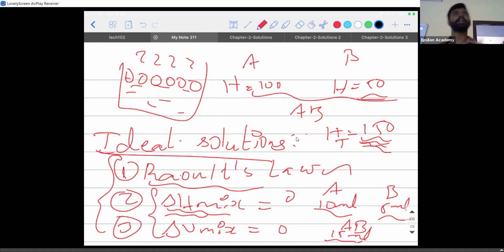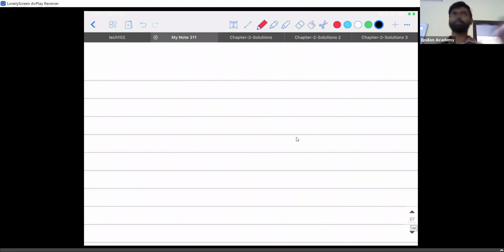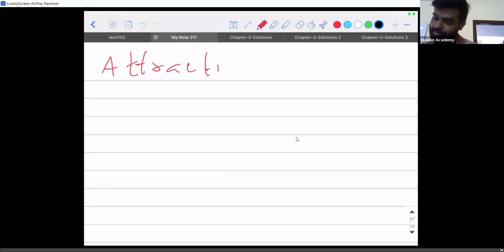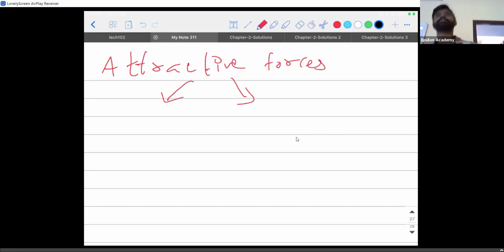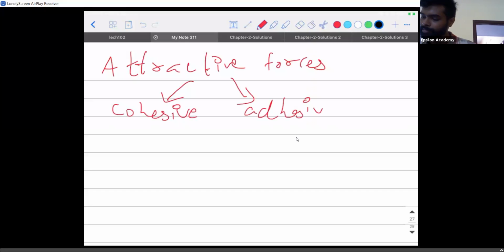Right. Now, I will be able to get these things understood. Okay, we understood mathematically how it works. Right. I can even speak about it in terms of some attractive forces. Okay, let me speak about it. Please understand, people. The attractive forces can be of two types. One is what is called cohesive force. The other one is what is called adhesive forces. Both are attractive forces only.